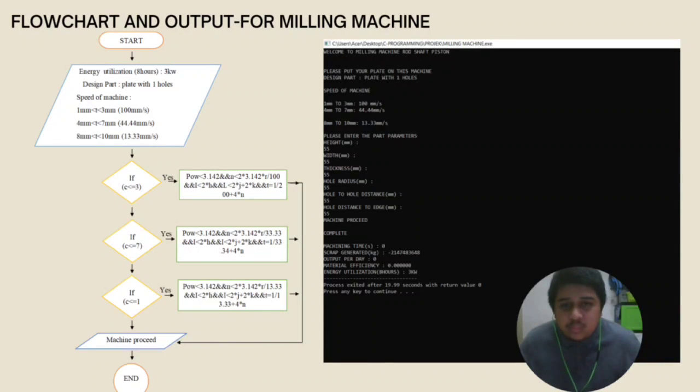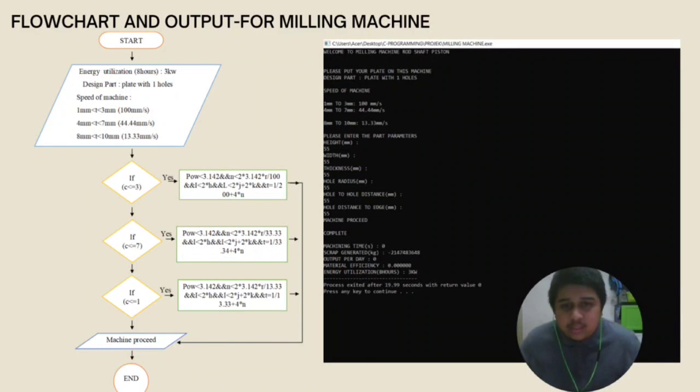And for speed machine, which we have three. As I show in the flowchart, the first is 1 millimeter less than 3 millimeters, the second is 4 millimeters less than 7 millimeters, and the third is 8 millimeters less than 10 millimeters. And then